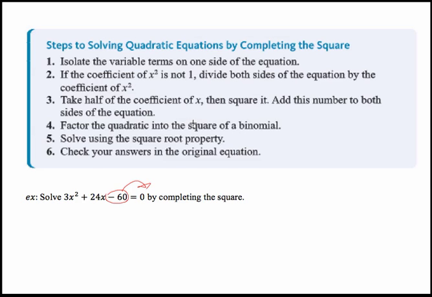So let's start on this one. Step 1, isolate the variable terms on one side of the equation, which means move the constant to the other side. So step 1, we'll have 3x squared plus 24x equals 60. Step 2, we've got to divide both sides of the equation by the coefficient of x squared. So that's the 3. And if we divide both whole sides by 3,